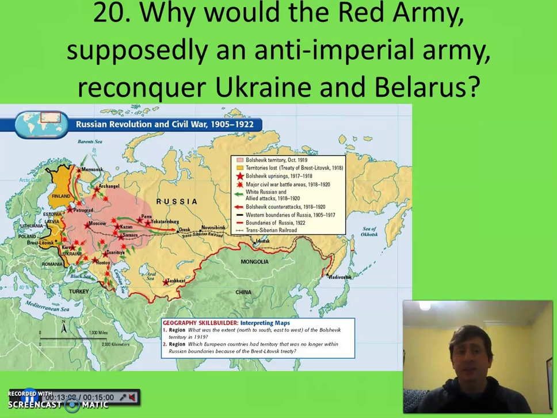And one of the first things they do is they use that Red Army that just finished the Civil War to march into Ukraine and Belarus and reoccupy them in spite of the Treaty of Brest-Litovsk. Why would the Red Army, that's supposedly an anti-imperial army, reconquer Ukraine and Belarus? One of the hallmarks of Russian communism and communism in general is the desire to spread communism. And if that has to happen country by country, then so be it. If that has to happen through occupation and convincing the people once you're there that communism is what they want,